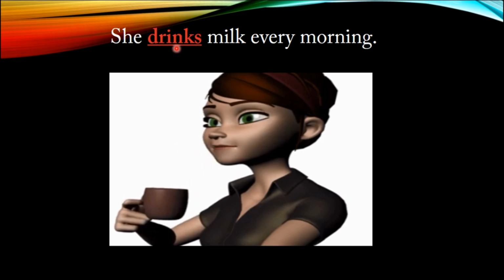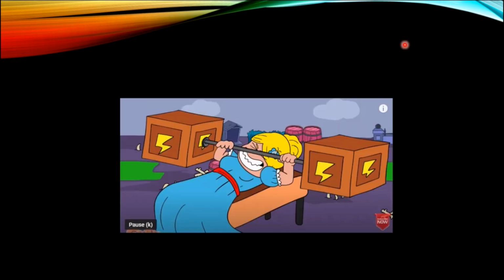Then the simple present tense verb takes s or es. We discussed around 6 rules of adding s or es. Just remember, this present verb doesn't belong to the above said rules. So, I add only s to the simple present tense here. Check here. She drinks milk every morning. Let us go through another example.